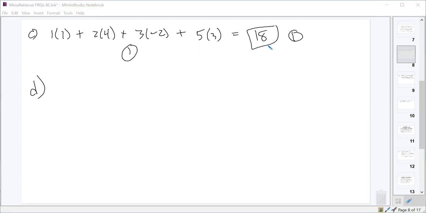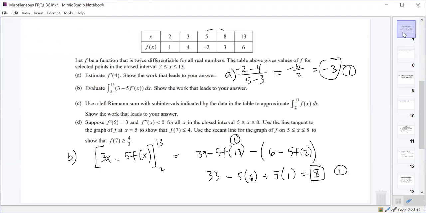All right, part D then. Shouldn't be too bad, but it's a good refresher, I think, for us. We've got f prime of 5 is 3, and f double prime of x is less than 0. We're going to use the tangent line to show a bunch of stuff. So first off, we probably need to find the tangent line at the value they're asking. So we want to find the tangent line at x equals 5. So that's going to be from the point